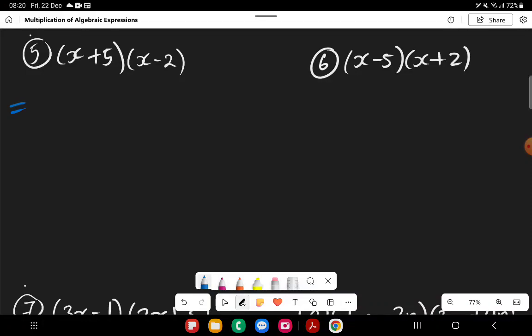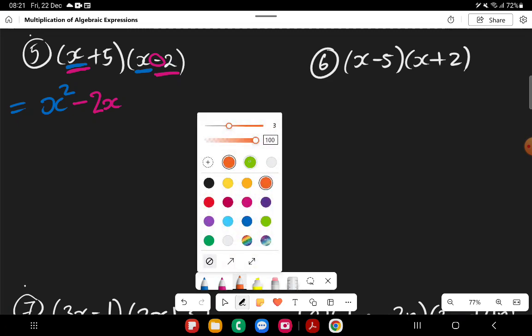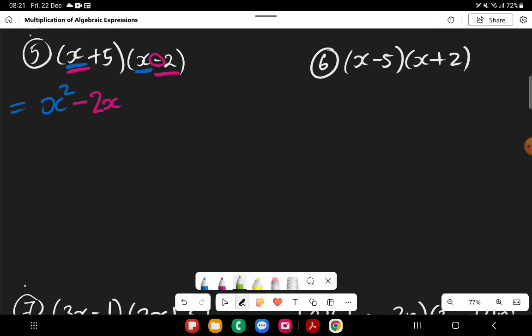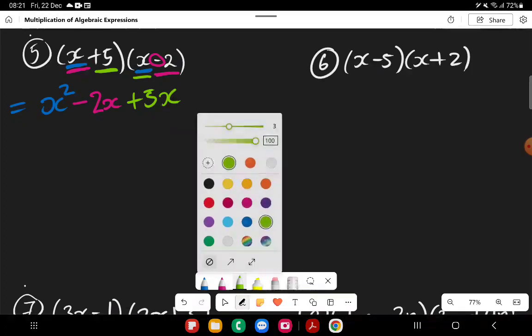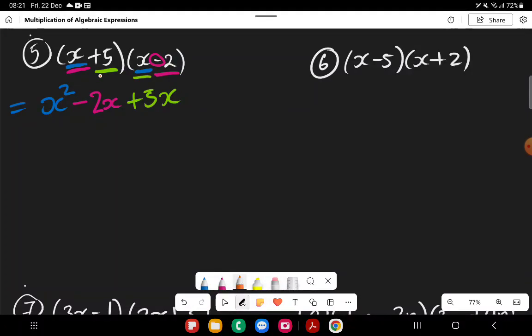So according to FOIL, we're going to do first with first. This one times that one. X times x is x squared. Now we're going to do outer. So that is x times negative 2 gives me negative 2x. Notice I'm doing it without the FOIL word. Now I'm going to say inner. That's 5 times x, that's 5x. And then I'm going to do last, which is going to be 5 times negative 2,